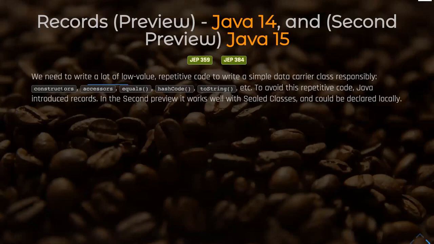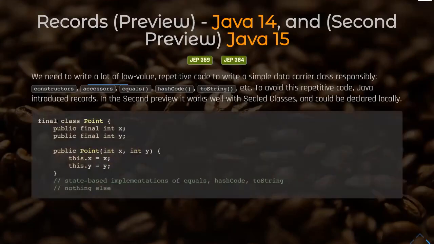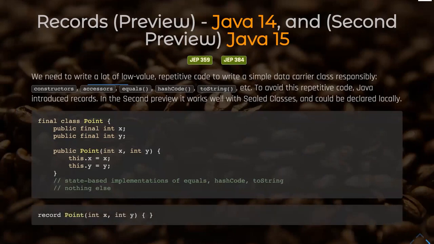We have to implement constructors, accessors, setters and getters, equals, hashCode, toString, etc. So Java started to introduce records. So if we have a class Point, where I would like to have internal variables, and then this declaration, we are able to declare it in just one line like this. So where are the setters, getters, internal variables and everything? Here it is. And in the second preview, we make it work with sealed classes, and it could also be declared locally inside a method.